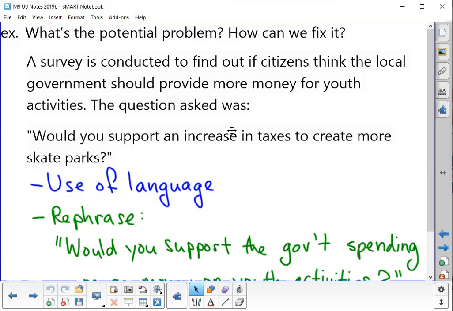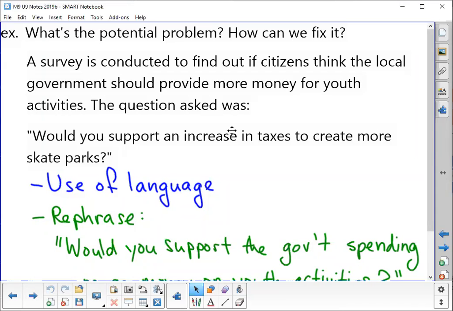But if the city councilors just want a raise, I don't want my taxes to go up to subsidize a raise for them. So that's sort of a thing. But I don't want to pay more taxes to create more skate parks either, because I know that our skate park has an unsavory reputation, shall we say.